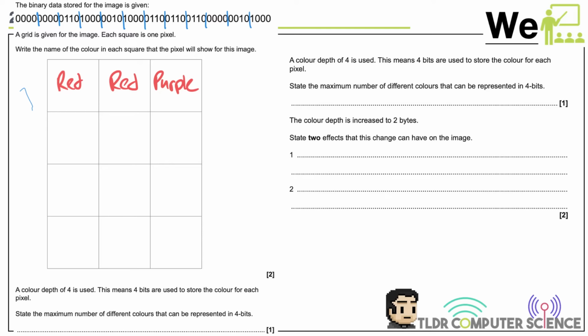I don't question you. Well, I do all the time. What's next? Blue. And then, what's next? 0010 is green. This is a disgusting picture. I don't know what it is of nothing. No offense to whoever wrote this. And then blue. And then finally,